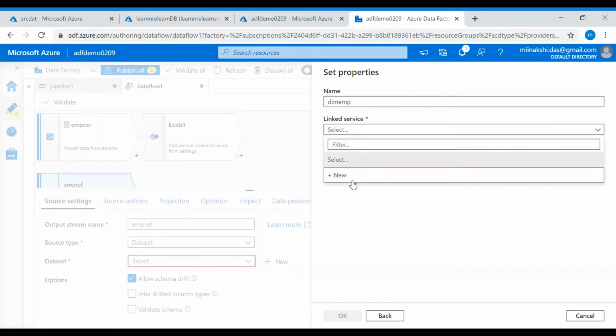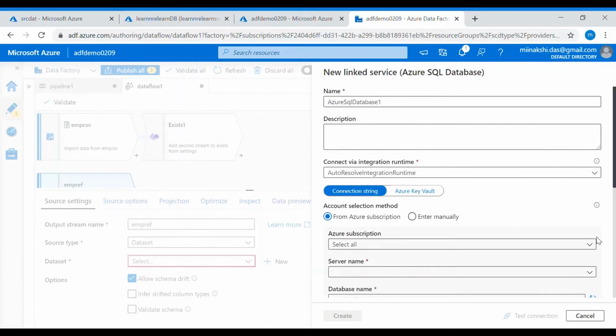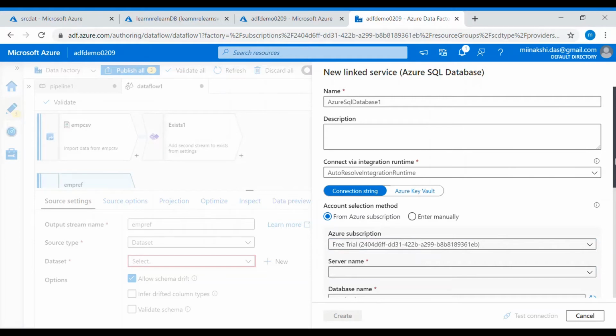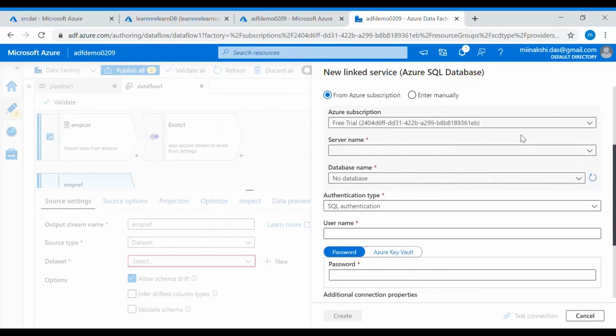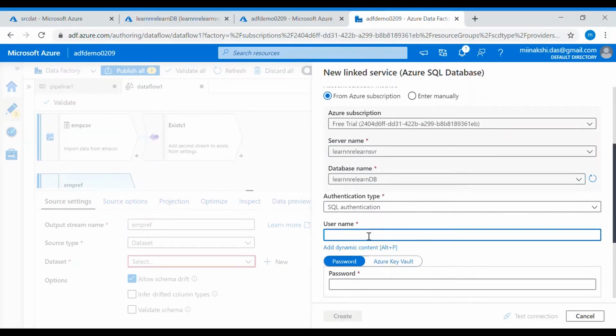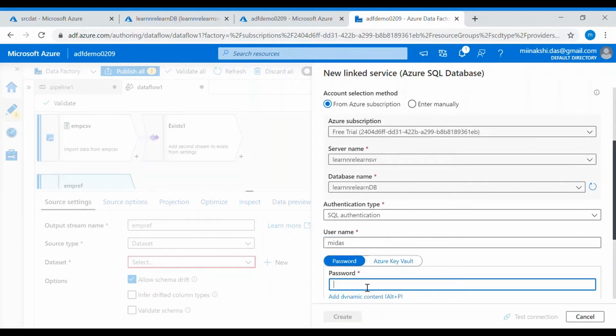We'll create a linked service for this. Subscription. Then server name, database name, username, password. This is the database and server which we have already created.